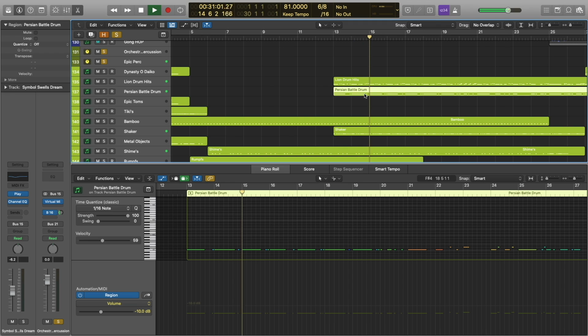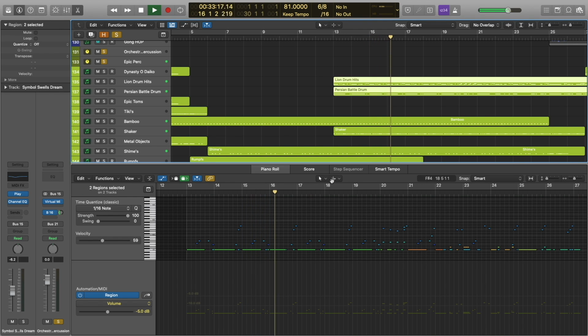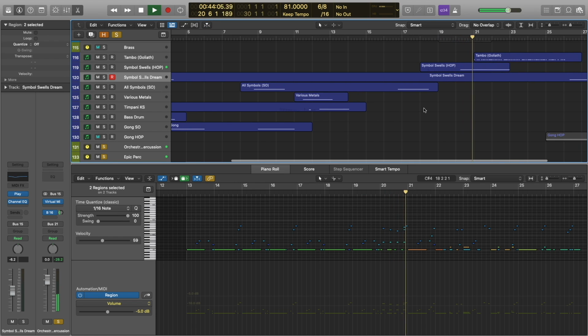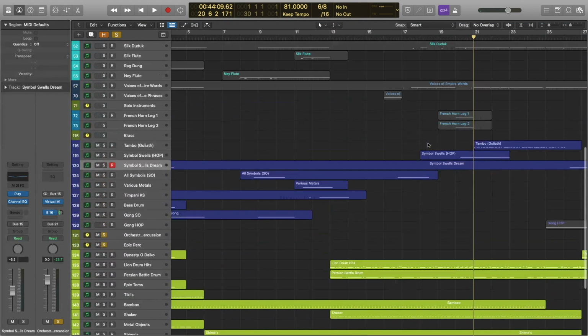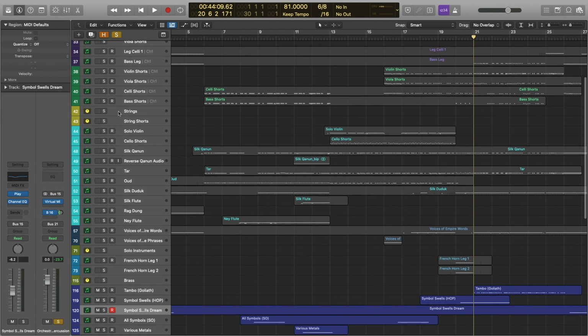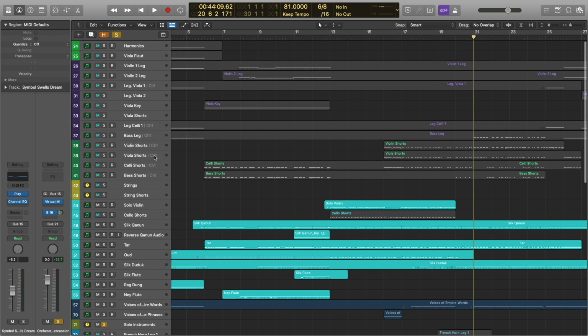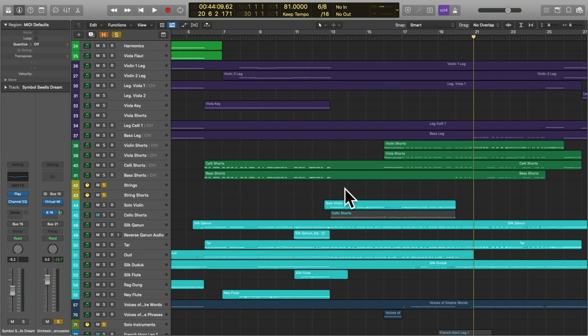Battle drums by themselves. The lion drum hits. And once again, we have some accents in the all cymbals patch from Symphonic Orchestra. And that cymbal swell going into the next section. Okay, let's add back in the ethnic instruments. And we are going to now add the strings, because we do have some strings coming in for the second half of this phrase.